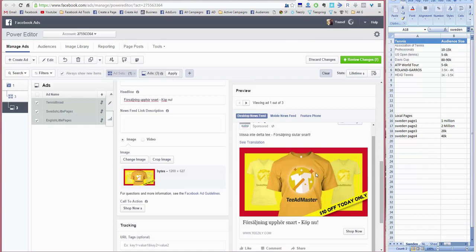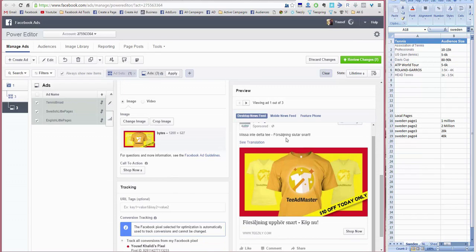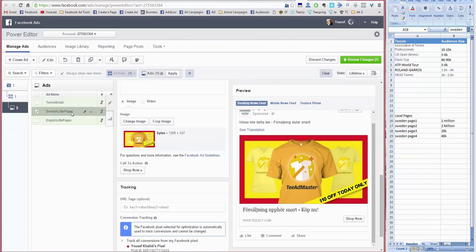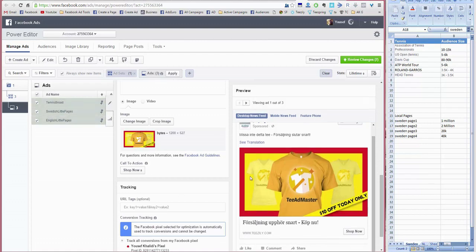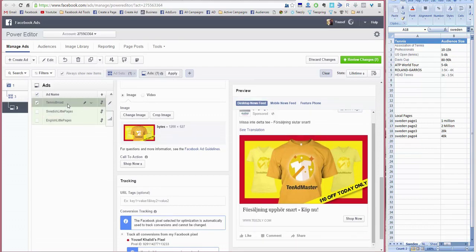But still, if your t-shirt is well done and the targeting is good, you would sell with something like this, a template like this. So here we have the ad ready. As you can see, it's good for this one, and this one, because we marked them and edited them together. The only thing I would love to tell you about is the URL tags, and you do what I tell